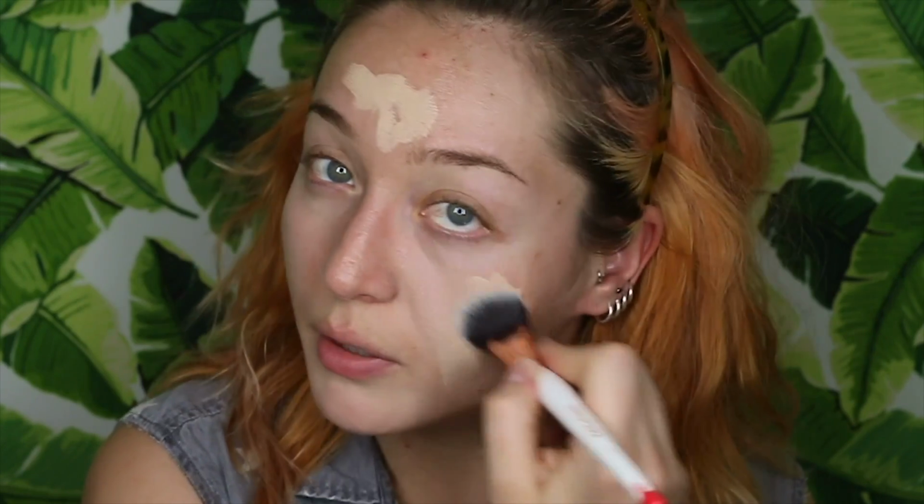It feels creamy, but it doesn't look heavy on the skin, which is something that I found is common with cream foundations. They get to be very thick looking. And I have large pores in this area on my nose and here on the cheeks. So when I work cream foundations into the skin, sometimes it'll seem like on the surface of the skin there's no foundation, but it all sank and settled into the pores, and so it ends up looking like foundation freckles. When in reality it's just deep filled pores. But this one doesn't seem to do that, so I'm just going to go around the face, blend that out,